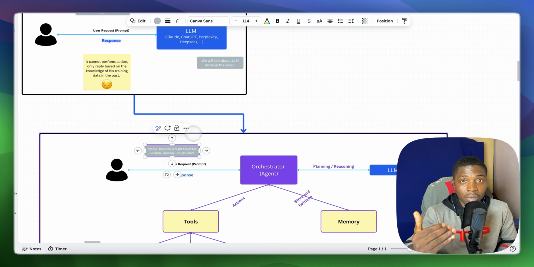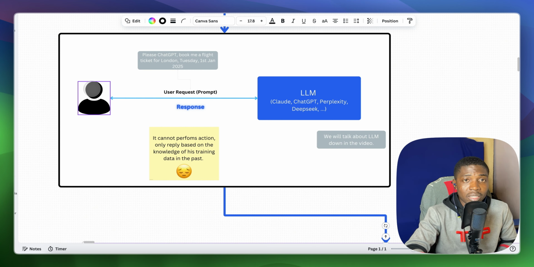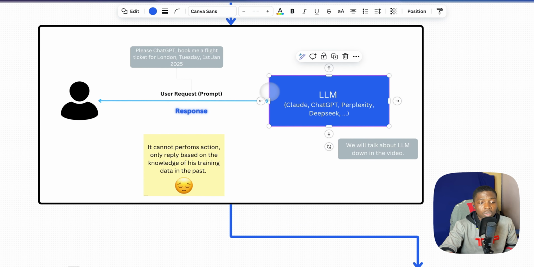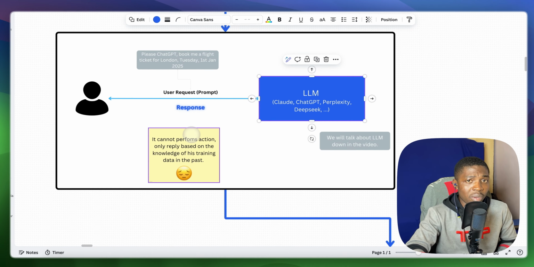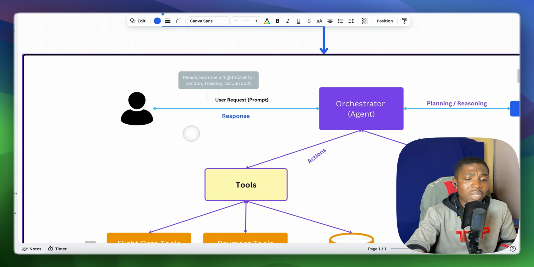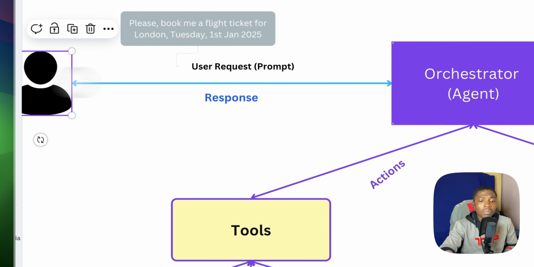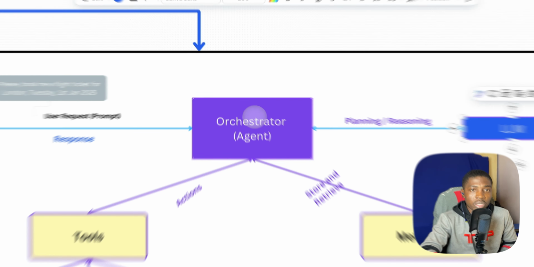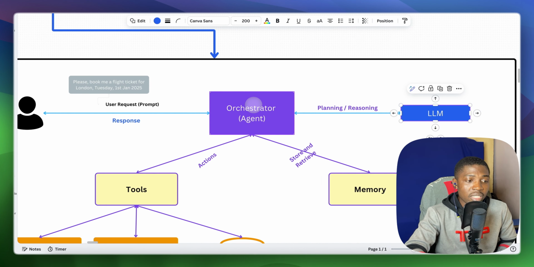So let's break it down further. We can actually say that the LLM cannot perform actions. So how can we perform actions? We can perform actions by putting in between the user and the LLM what they call an orchestrator, an agent. Okay, the agent is the one that actually plays the music. So it receives the user input like, please book me a flight ticket for London. It will know that this is the user request, so it has to pass it